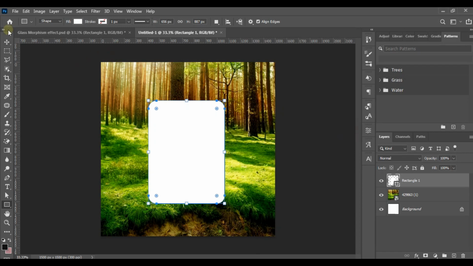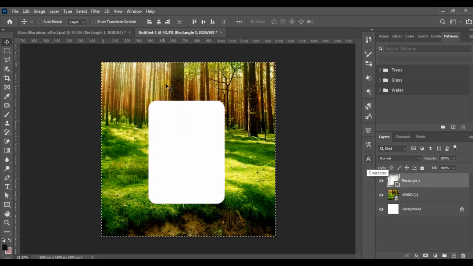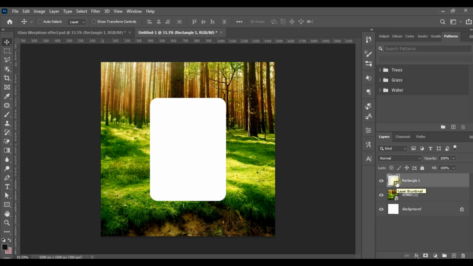Then the next thing we're going to do, let me centralize it with your Control A. It brings out this thing, then you center align it. That's it. The next thing we're going to do is we hold our control and we click on this thumbnail of this rectangle. So if I hold my control and I click on the thumbnail of this rectangle,